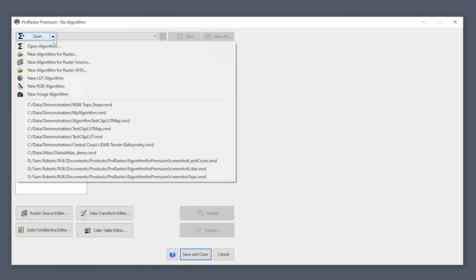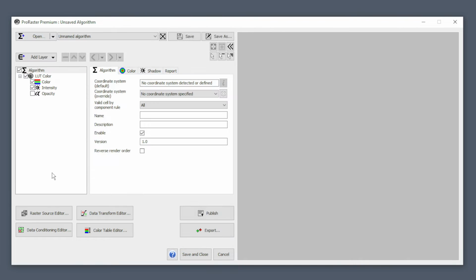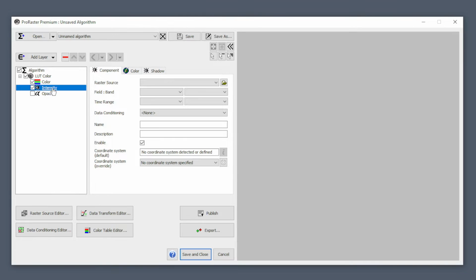So a LUT Color layer has three components. There's a color component, then the intensity component, which does hill shading, and the opacity component, which you use for pixel level transparency modulation. So in this case, we're mapping from data to a color table in order to generate a color at each